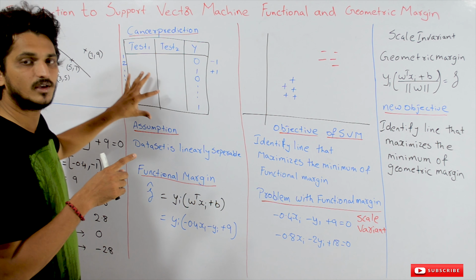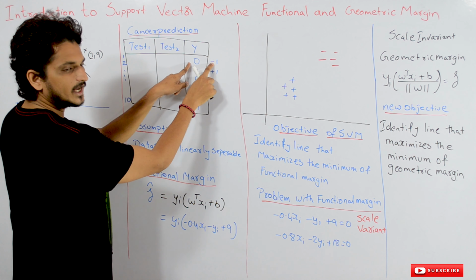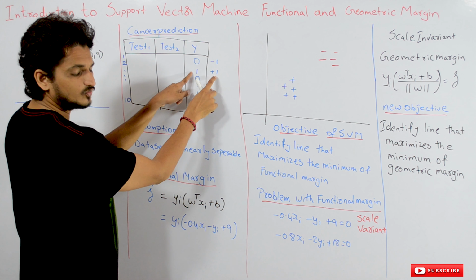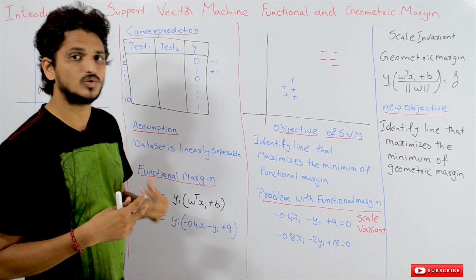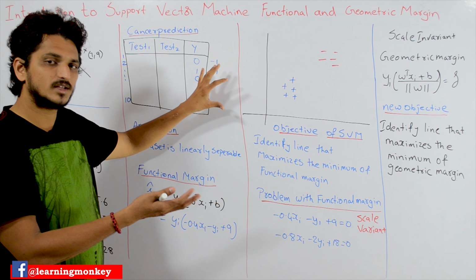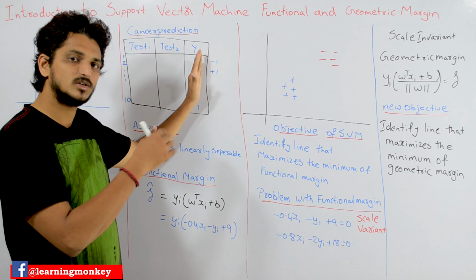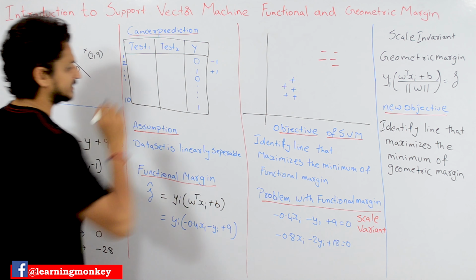But here we use a different notation. If the patient doesn't have cancer, we take it as -1. If the patient has cancer, we take it as +1. Why we are using this notation, we will understand when we discuss support vector machine. This notation we already discussed in logistic regression. If you follow our logistic regression, there we clearly explained why we use it, so we don't concentrate much on this concept. So we take this as -1 and +1.